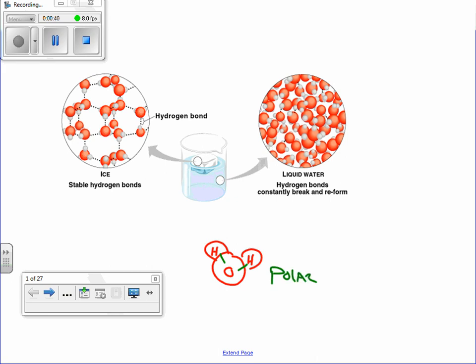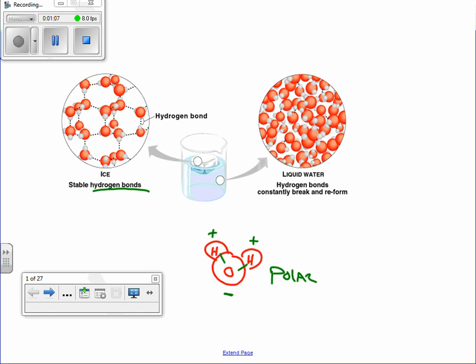The reason it's polar is because the oxygen tends to be more electronegative, so it tends to pull the electrons more towards it. Since it's pulling more electrons towards it, electrons having a negative charge will make the oxygen atom more negative, making the hydrogens more positive. The polarity is going to play a big part, especially when we're talking about hydrogen bonds. From here on out, you need to understand that any water properties we talk about are due to these hydrogen